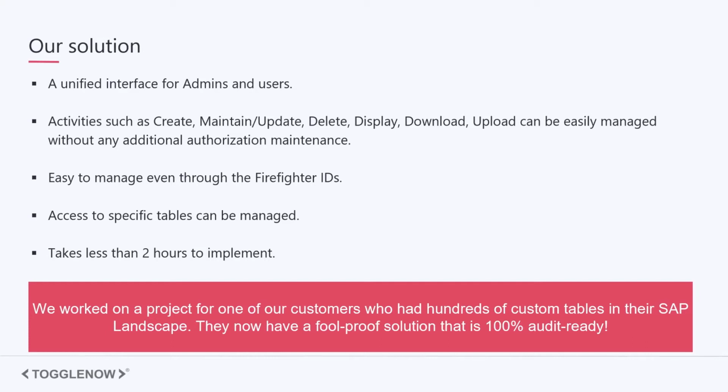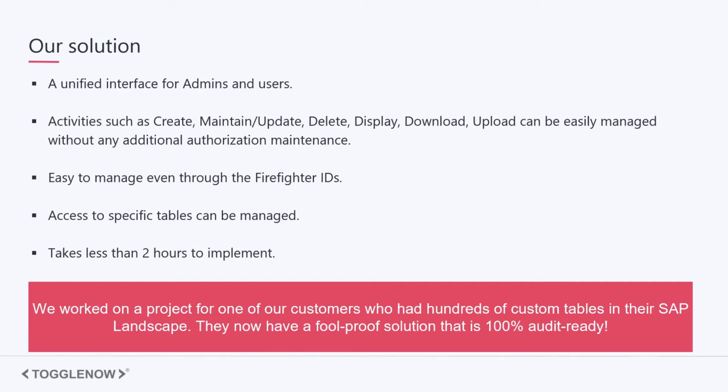Even when you are assigning this authorization with firefighter IDs, it is pretty easy to maintain. When you give a firefighter ID to your finance users, they will only be able to maintain the finance related tables. You can specify that this particular user can have access only to these tables, and it requires only 2 hours for us to implement.